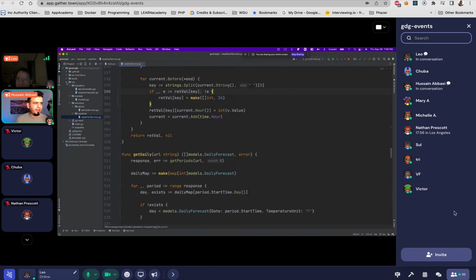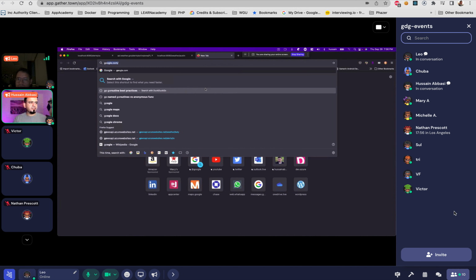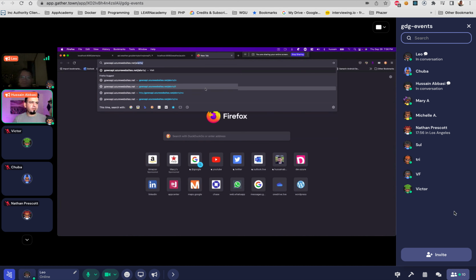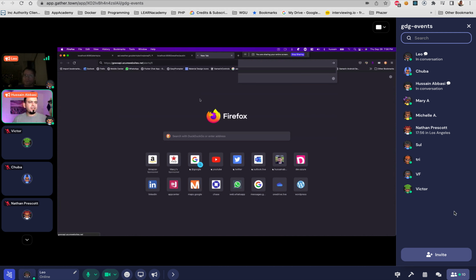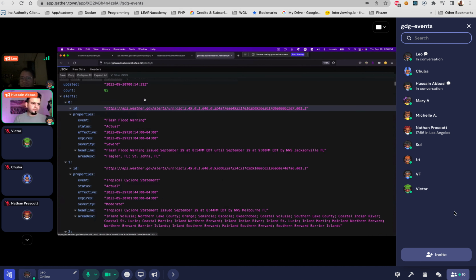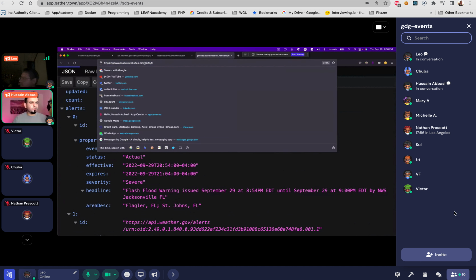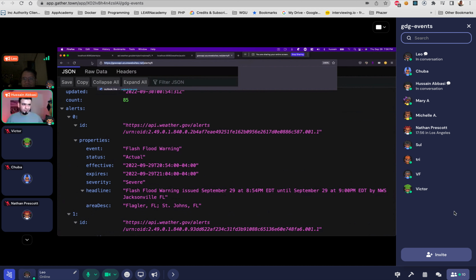Now, why do I have the AZ func? So AZ func is Azure Functions Core Tools that I'm using to deploy these to my Azure function. So for example, these are all localhost, and I can go to my Azure function that I've deployed and look for the alerts again, and you see that I get the same result for this deployed version of this app that you're looking at right now. So feel free to plug in your city and your state to this, and then just play with that and see what you get back.